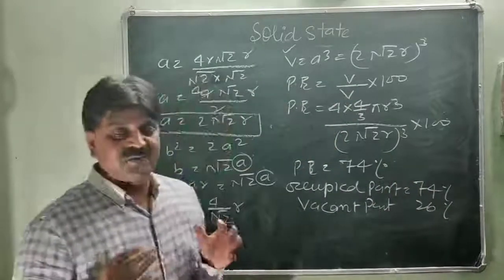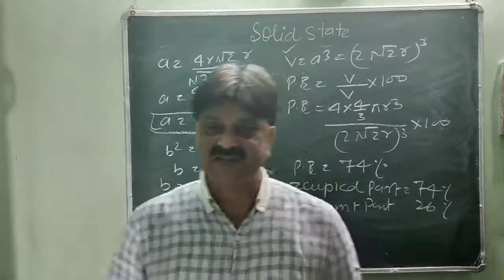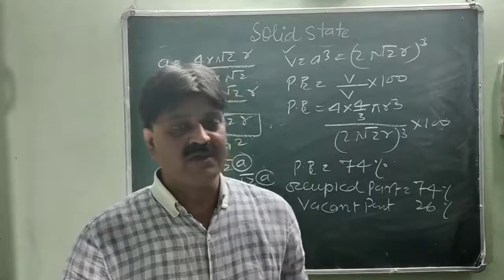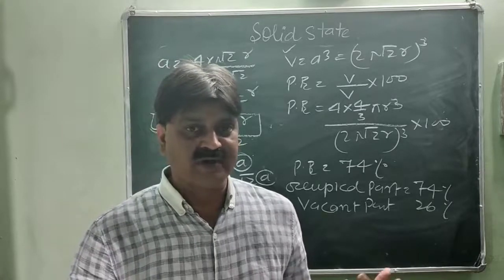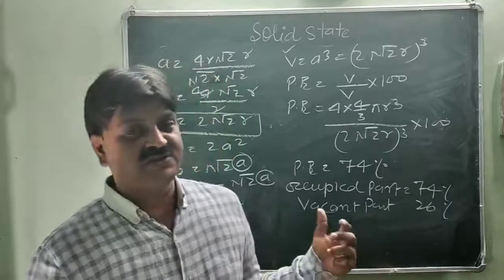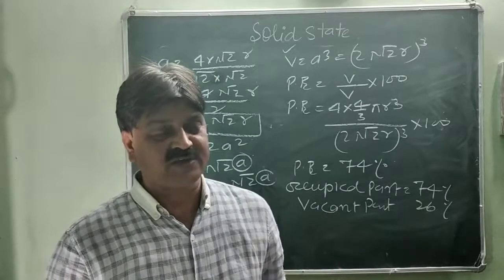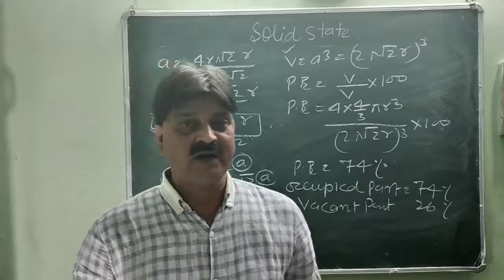So these are the packing efficiencies in case of SCC, BCC and FCC. Try to solve and calculate yourself. A number of questions have been given on the radius of SCC, BCC, FCC as well as the packing efficiency itself. Questions arise most of the time in the board examination. So try to solve them yourself.